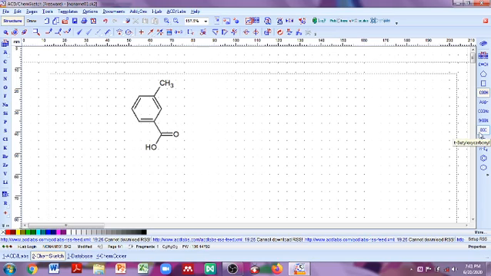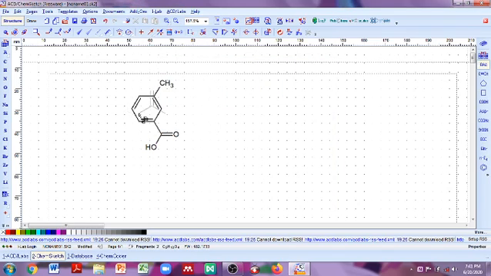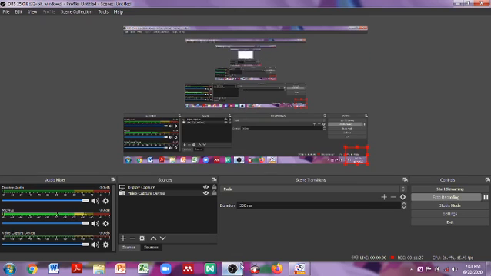If you want some additional groups, this one has additional groups. Here there are chains, cycles, carbon groups, and miscellaneous like nitro, or if you want an acetate group, let us see the acetate group. So this is acetate. So how fundamentally